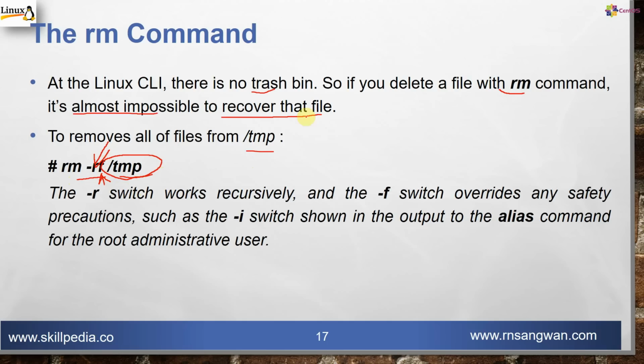I did a blunder here. In one of my production systems, I just put a space accidentally. My command became rm -rf, and then it became slash and then temp. Just imagine what happened. It treated this as a separate directory, and root means the entire directory structure of my Linux system.